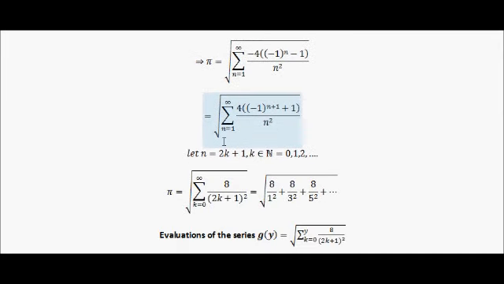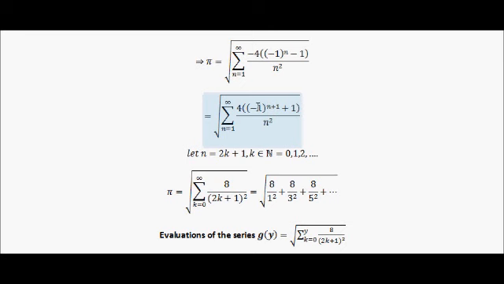So again, very simple there. Okay, this bit's a little bit tricky conceptually, but I've defined my n in terms of a new variable, 2k plus 1, and k can take any of the natural numbers, 0, 1, 2, whatever. And the reason I've done this is because if you go through and evaluate this bracket here,